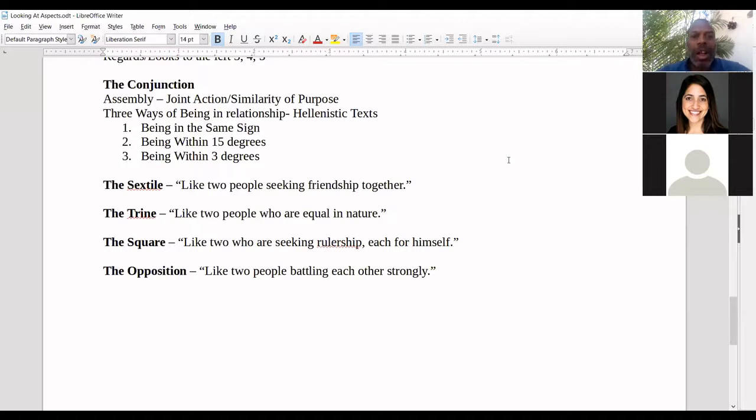If a planet is exalted or domicile, but it's in retrograde, would it still be somewhat comfortable despite the retrograde? Yes, it would. Yes, it still will. And it can still produce.